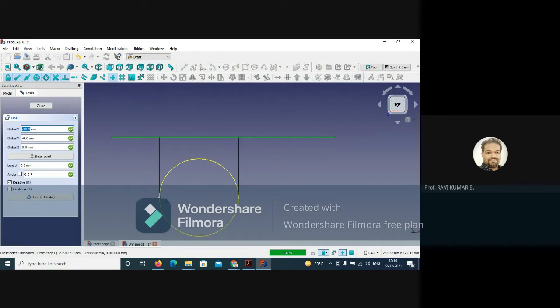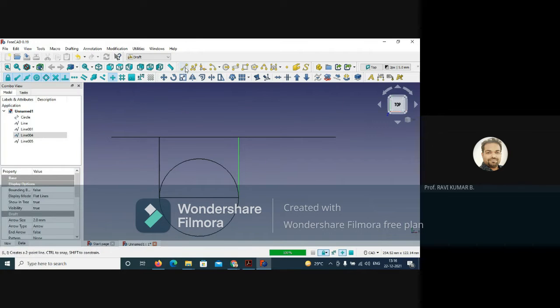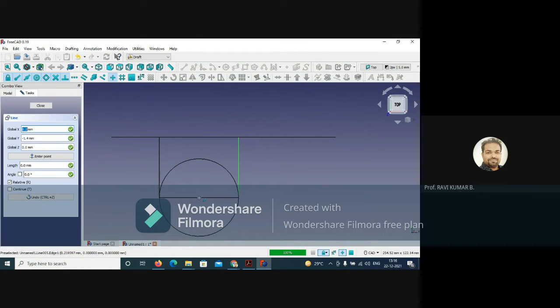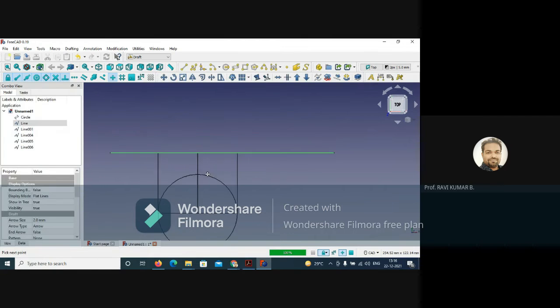What you need to do is draw a horizontal line first, or you can directly select the center also. A horizontal line is also needed, so better you draw the horizontal line connecting this. Then you take the line command, come to the center, and select over here. Now the front view we are going to draw. We got all these three. These two are the sides, and this is the center line.